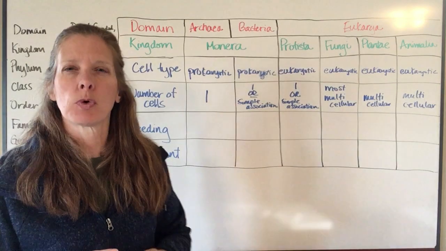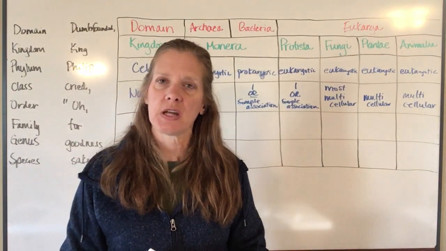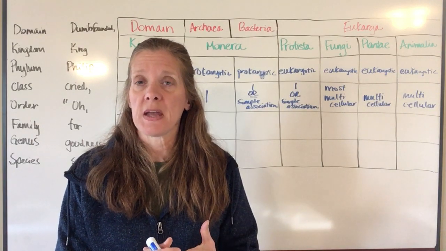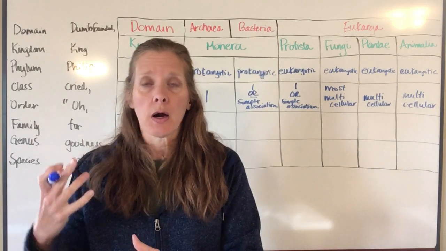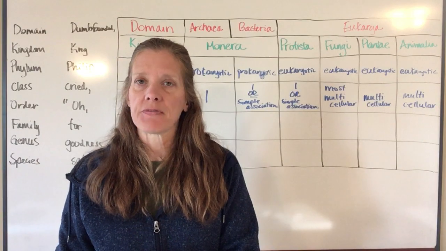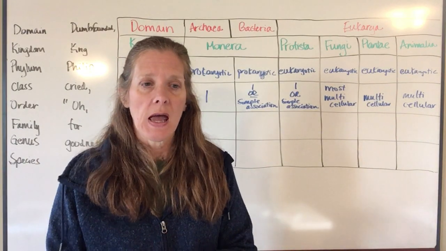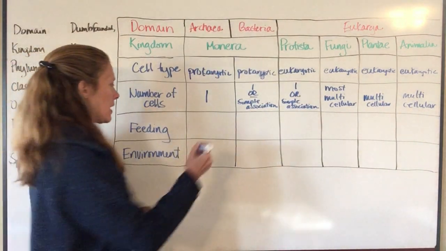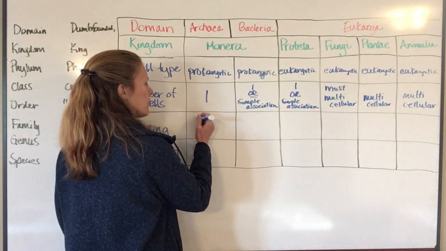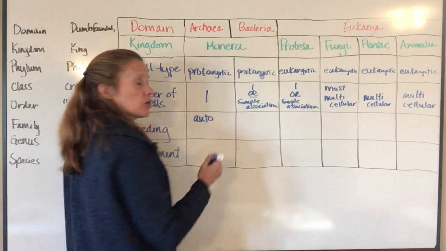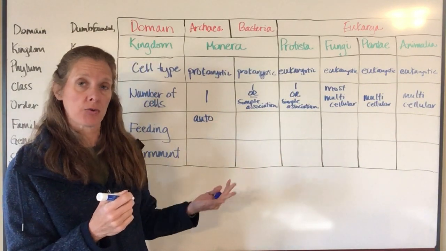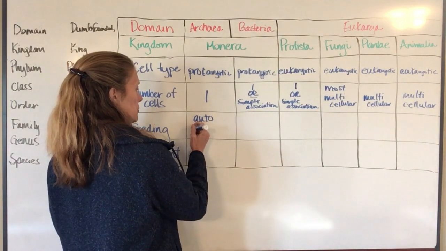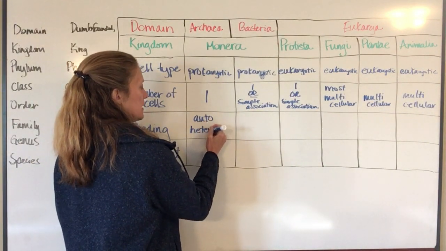Feeding. Now remember when we talked about how different organisms feed, we said some of them are autotrophic, which means they are going to make their own food. Some of them are heterotrophic, which means that they have to get their food from someplace else. Now, when you get into both archaea and bacteria, what we find is that I'm just going to put auto for autotrophic and hetero for heterotrophic. I'm not going to write the whole word out just to save a little bit of time during the video here. But we will find that